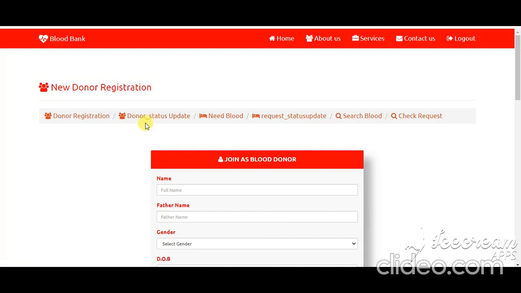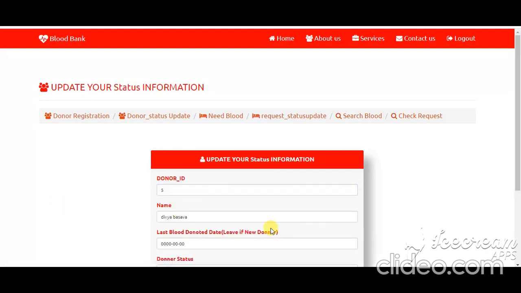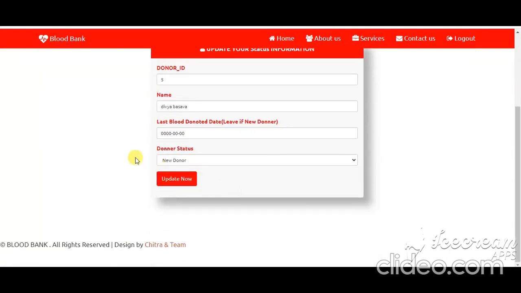A donor can change the status by donor status update. Now click on donor status update and fill in the information with the email ID. The donor information is displayed.